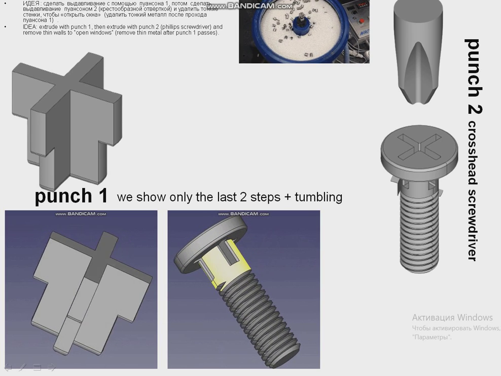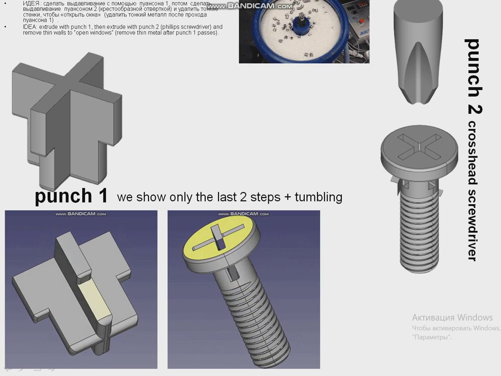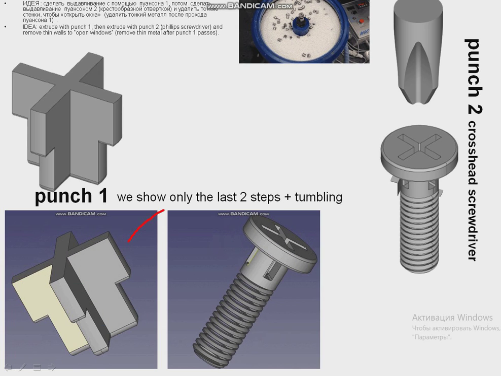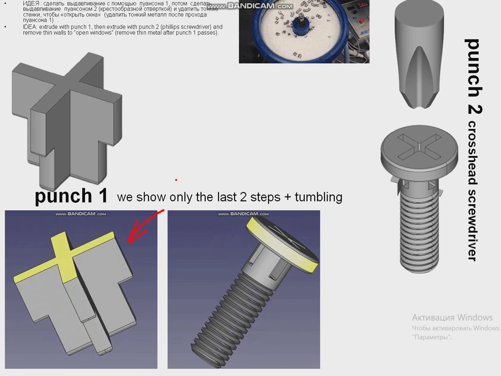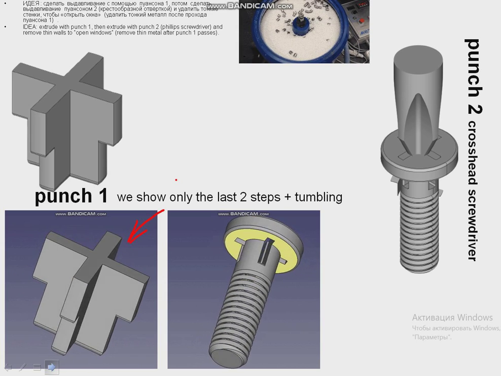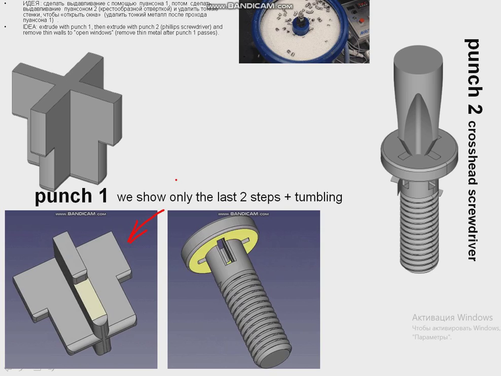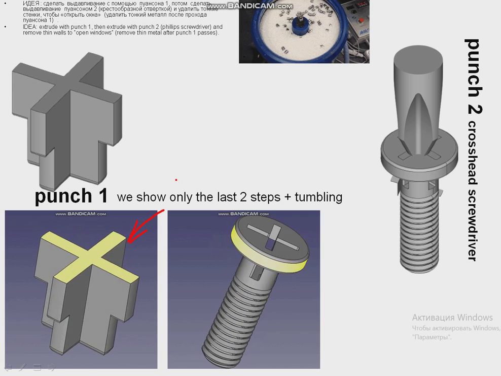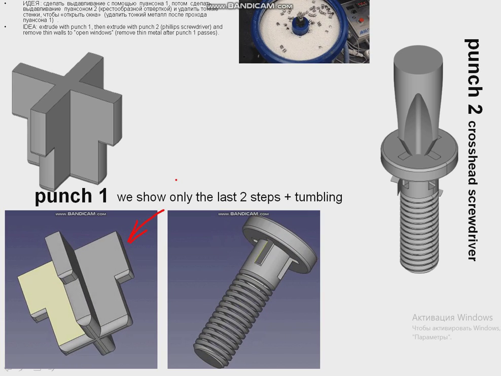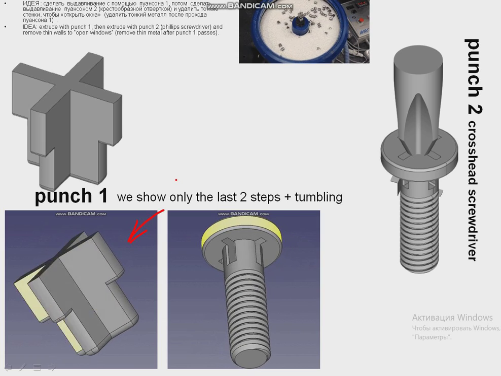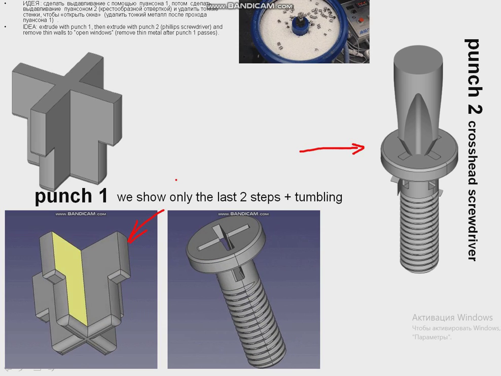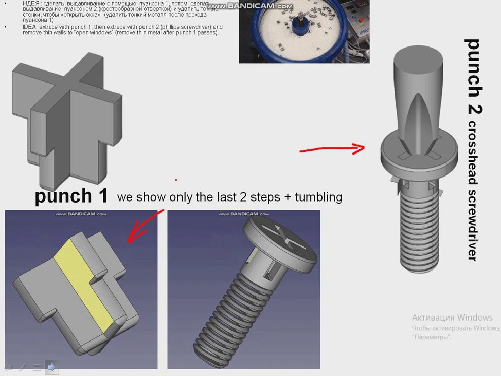We are using forging technologies. We have punch 1, and you can see the shape of punch 1. Next you have punch 2, and what to do with punch 1. Punch 1 has a very interesting shape. After punch 1 we have some empty zone with a difficult configuration. After this we will apply punch 2, and punch 2 looks like a